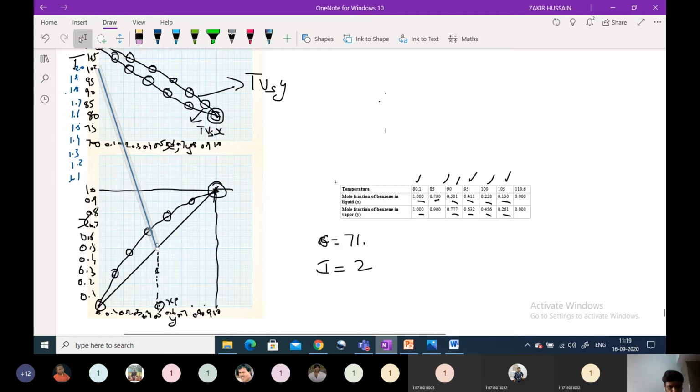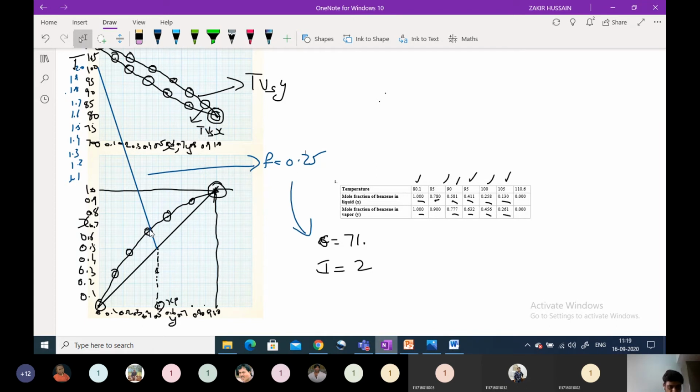We are more concerned about where this operating line is touching this equilibrium curve. If you see, this operating line is touching this equilibrium curve here. Now our aim is, this is the operating line when f is equal to 0.25. Then the slope and intercept values are this one. So now the operating line is touching here.